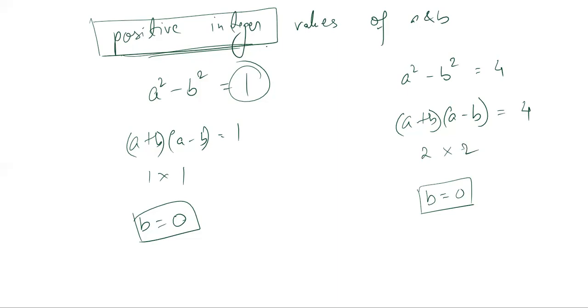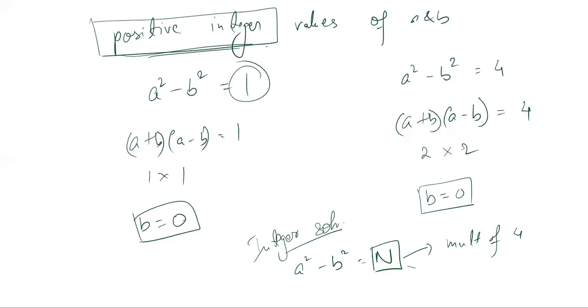So first of all, to conclude everything that we discussed as of now, if you have a square minus b square is equal to n, something like this, if n is a multiple of 4, usually you will not have a problem for integer solutions. You will never have a problem for integer solutions. Or if it is an odd number, you will never have a problem. So the problems happen with those even numbers which are not multiples of 4. The exceptional case is when we have positive integer solutions.